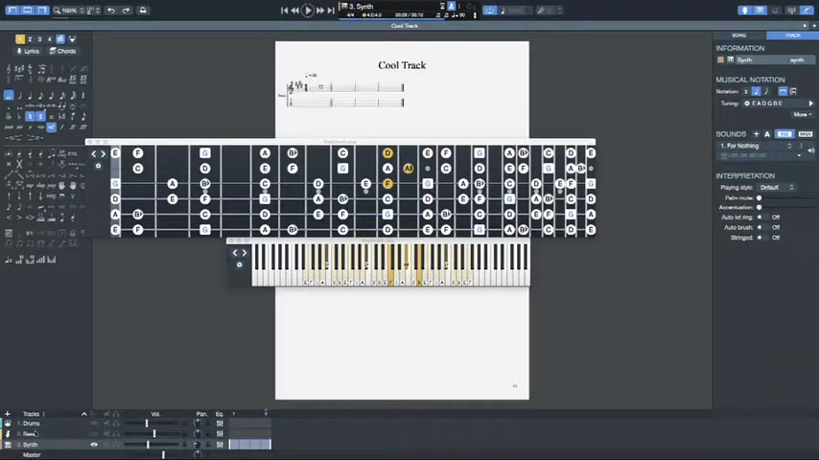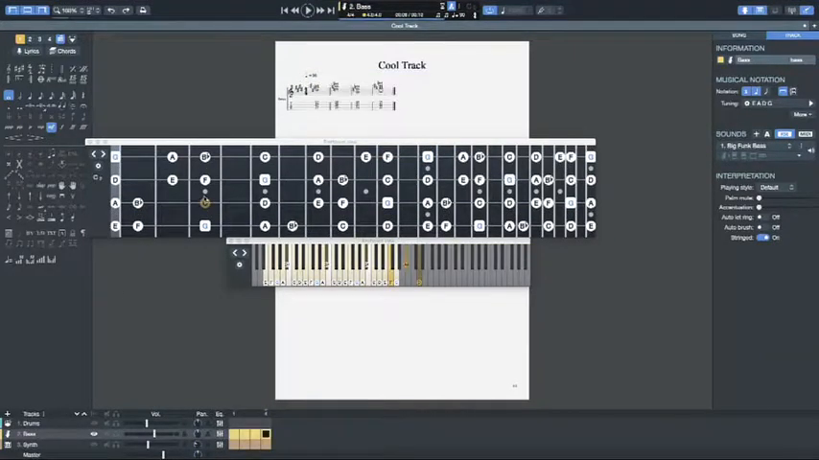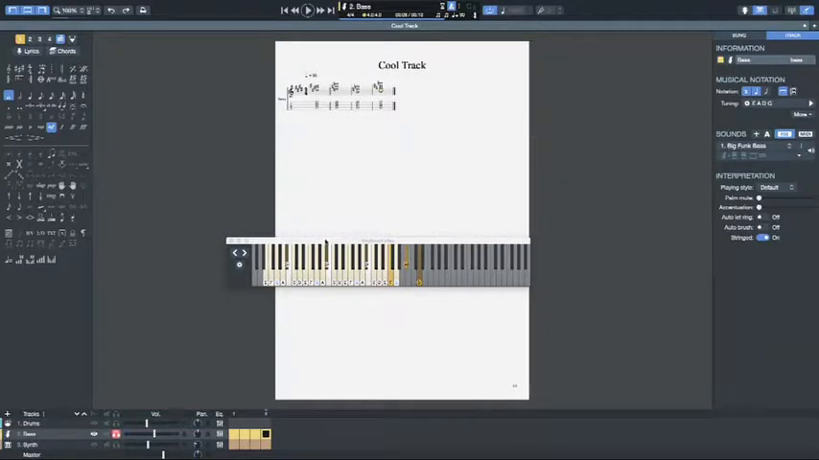Then I'll go on my bass track, and I'm going to paste this. So now we have 2 tracks playing the same exact thing. We have the synth and the bass. If I play this, well, it's kind of confusing. Everything is meshed together. So I'm going to isolate the bass, go on my bass track, and change my view to